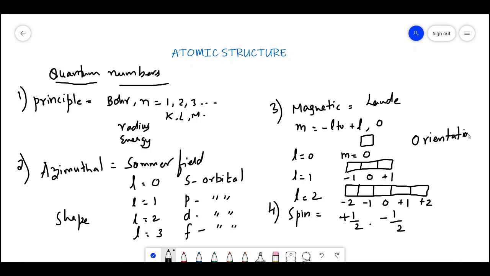So, what is the main purpose of these quantum numbers? These quantum numbers tell the exact position of the electron. And remember, no two electrons will have the same set of quantum numbers. If the n value, l value, and m value are the same, they at least differ by the spin quantum number. That is nothing but Pauli's principle. So the fourth one is the spin quantum number. Electron revolving clockwise is plus half, anti-clockwise is minus half, and it signifies spin. So this is about quantum numbers.